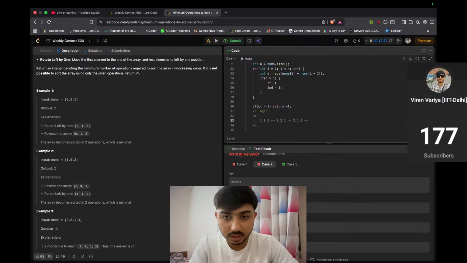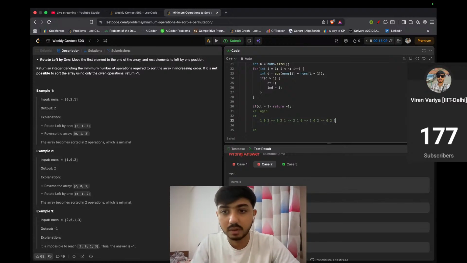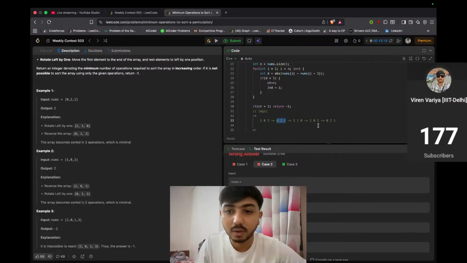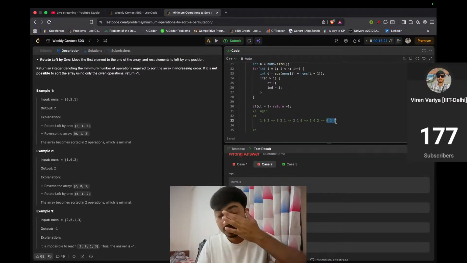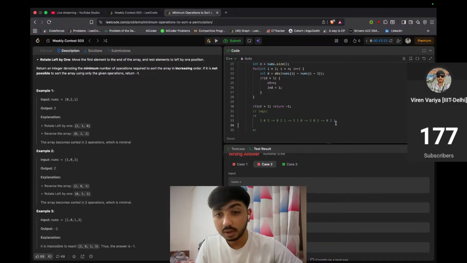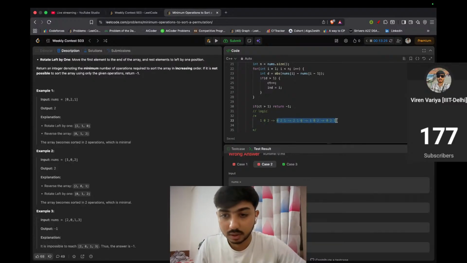Then we'll see here is 1, 0, 2. We'll do one more operation. Then we'll get 0, 2 and 1. And we end up with the same permutation. We don't want that, otherwise we'll go into a loop. So how we can eliminate this is we want like